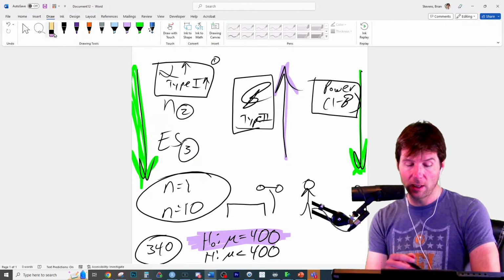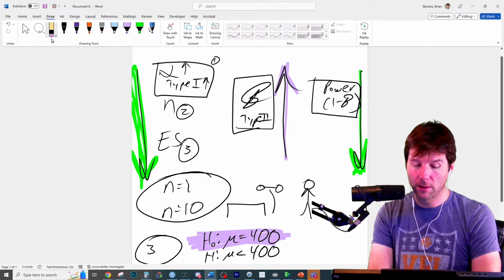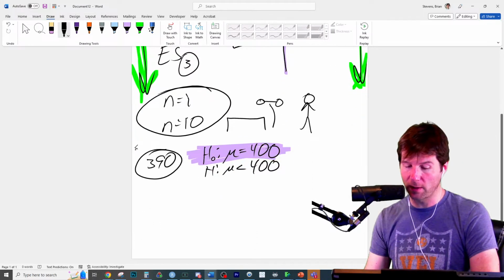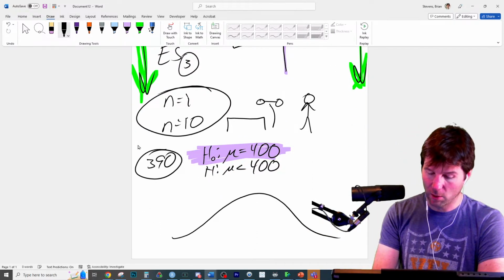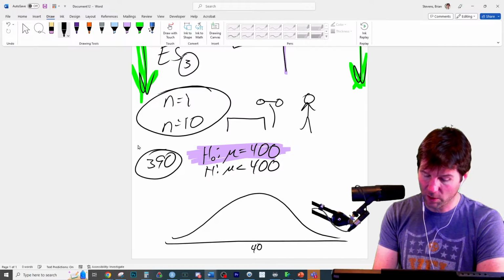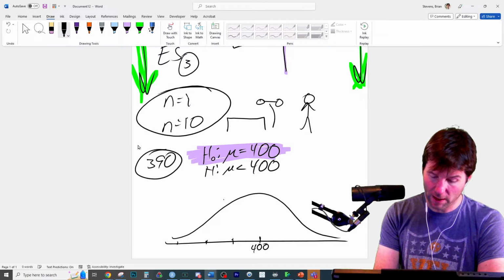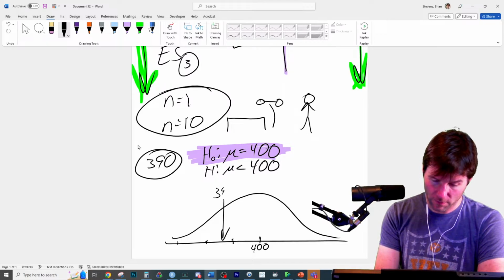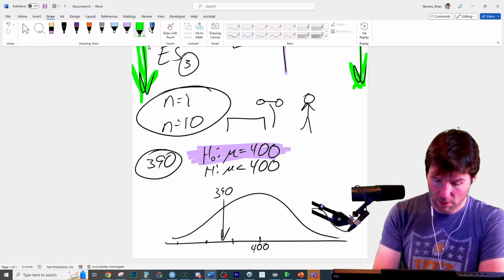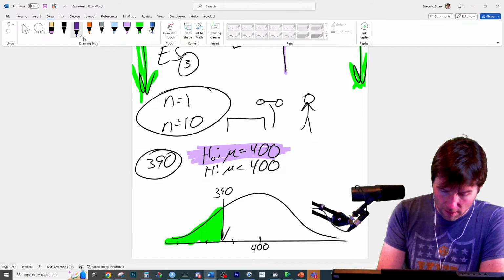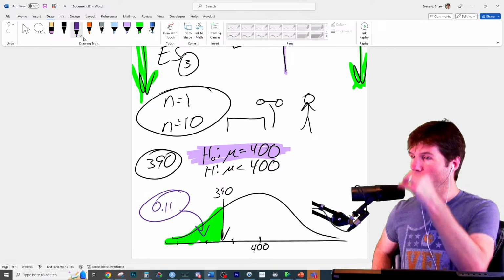But think about this. If you see me bench 390, could be a what amount? Let's say we ran the statistics and the result came out over here. Now, 400 is what you expect to see. And 390 is right here when you run the result. So we're saying that 390 is what we saw. That is a what result now? A somewhat what result?